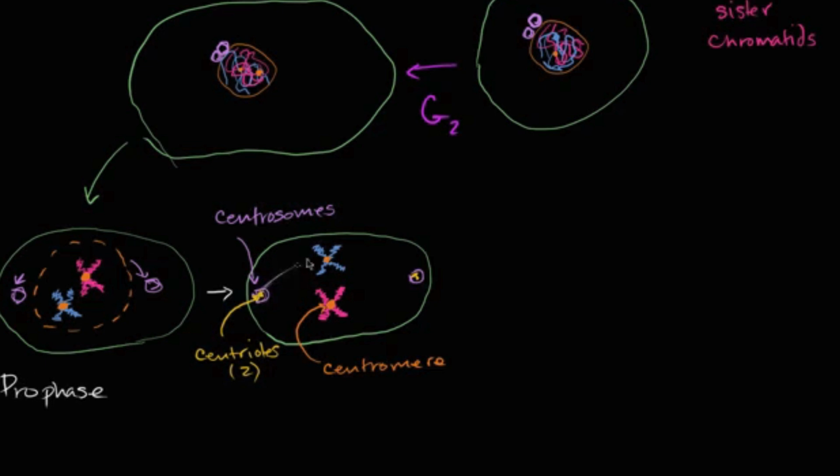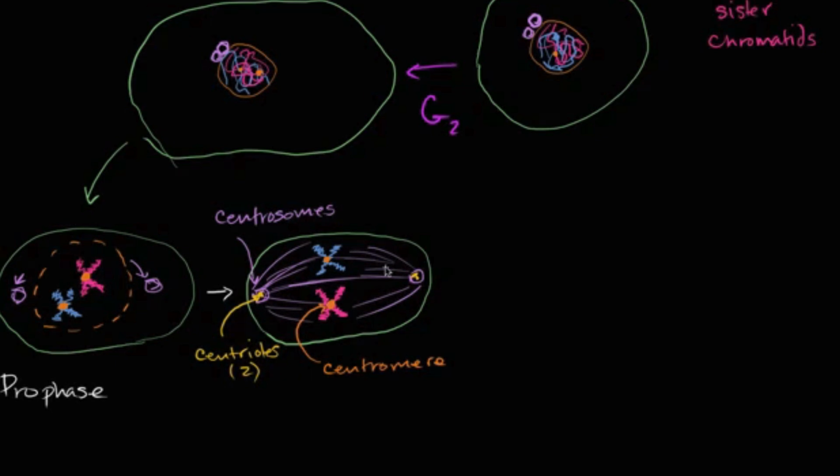Well, the centrosome's role is these microtubules extend from them to each other and to the centromeres of these chromosomes. And to a large degree, although they're not the only actors here, they help pull and push things in the right way. So these help make sure that the two centrosomes push away from each other, and then as we'll see in the next phase, that they're able to pull one of each of the sister chromatids from each of the pairs